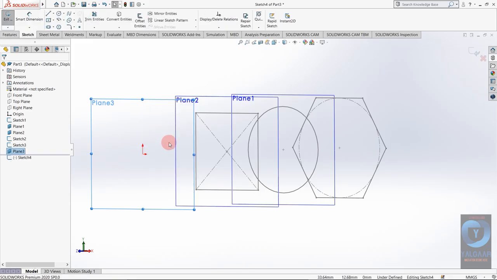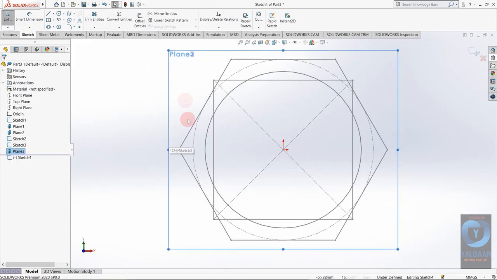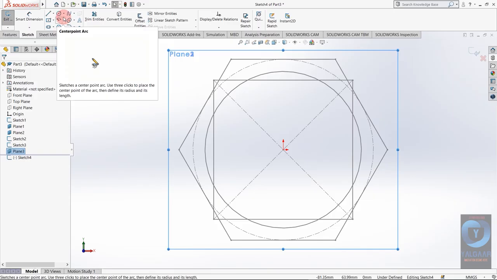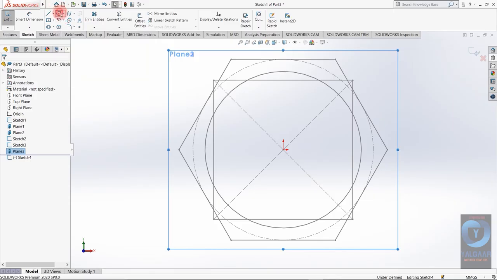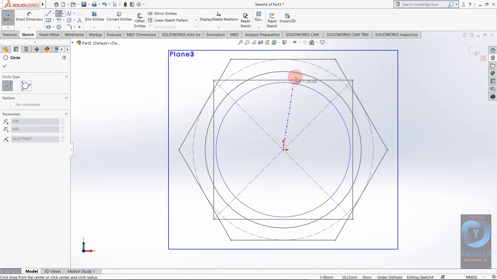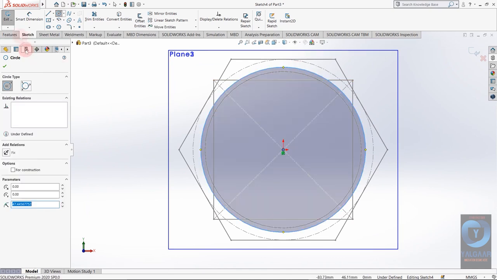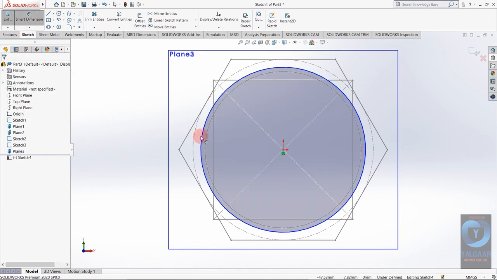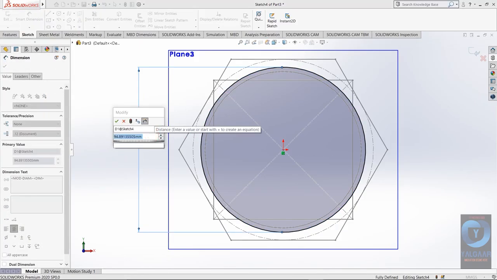So I'm going to sketch. The fourth geometry will also be a circle with diameter 120 mm. One more thing is that I have selected these dimensions randomly.